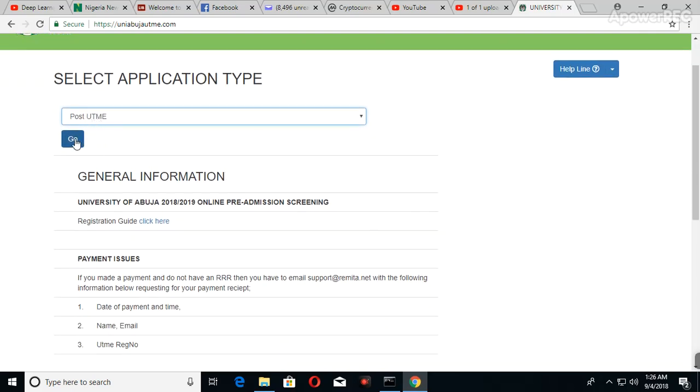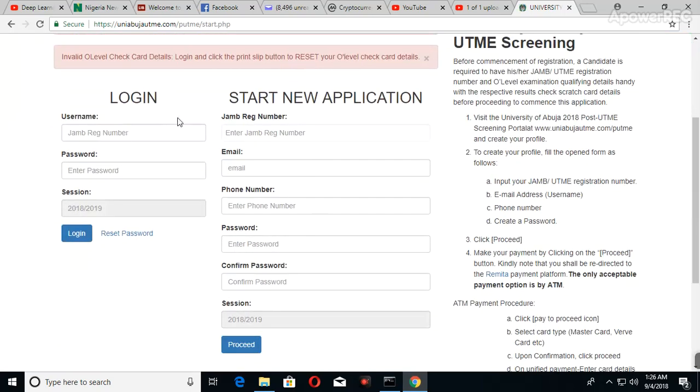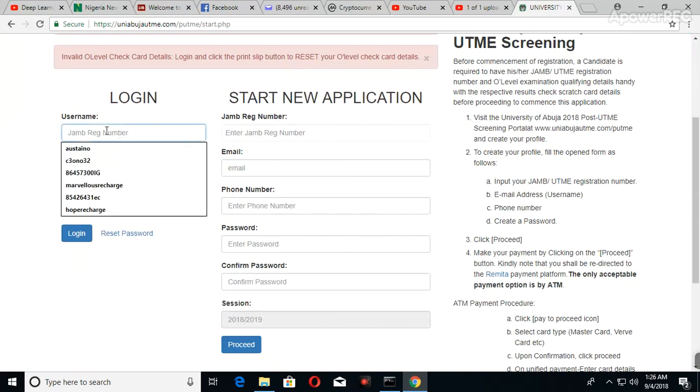Once you click on it, click on go. If you click on go, it's going to open this. If you're doing a new application for pre-screening, this is where you go to. But if you already applied and you just want to get your printout, you come here, you put your JAMB